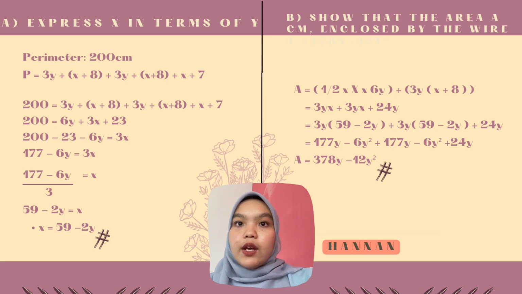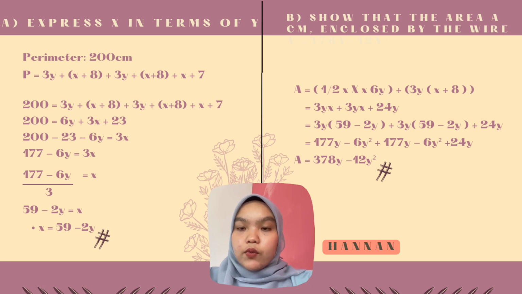So it will be in the bracket 1.5 multiplied by x and multiplied by 6y, and then plus with the area of the other shape, which is 3y in the bracket x plus 8, and then we close the bracket, and then the equation will be 3yx plus 3yx